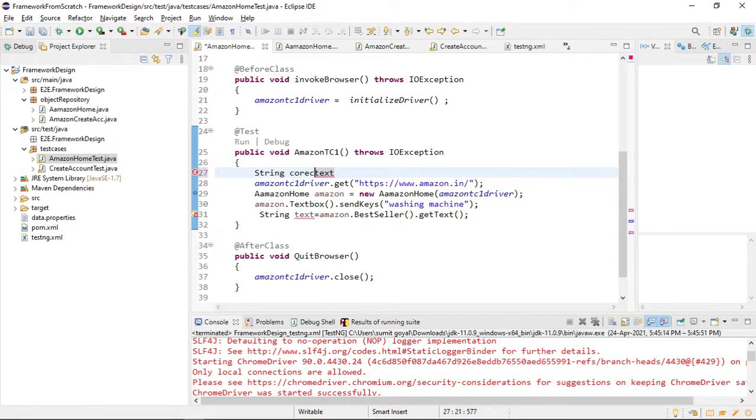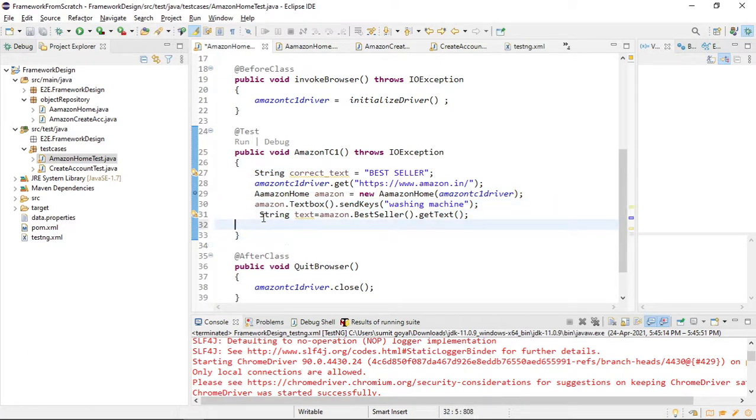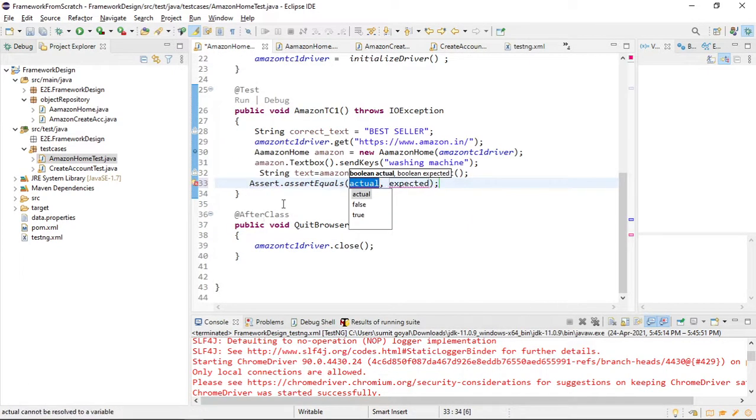Suppose this is our correct text, like this, bestseller, right? This is our correct text. After fetching the text, I'm just validating whether it is equal to this. For that, I will use assertion, which we have already discussed in TestNG. TestNG has provided us assertion, with the help of which we can validate whether our test case is working correctly or not. So assertEquals,